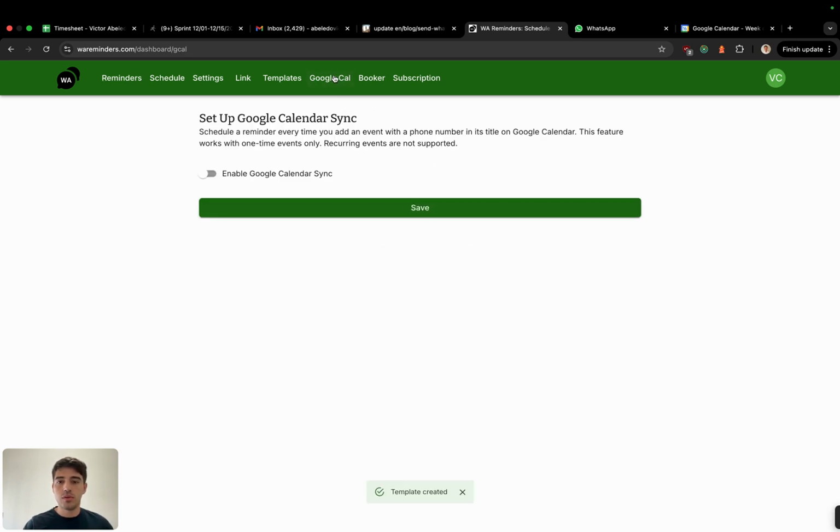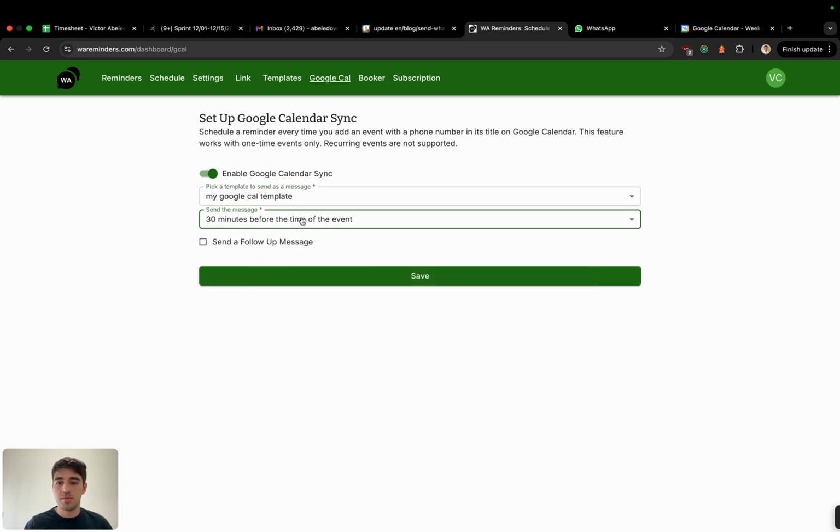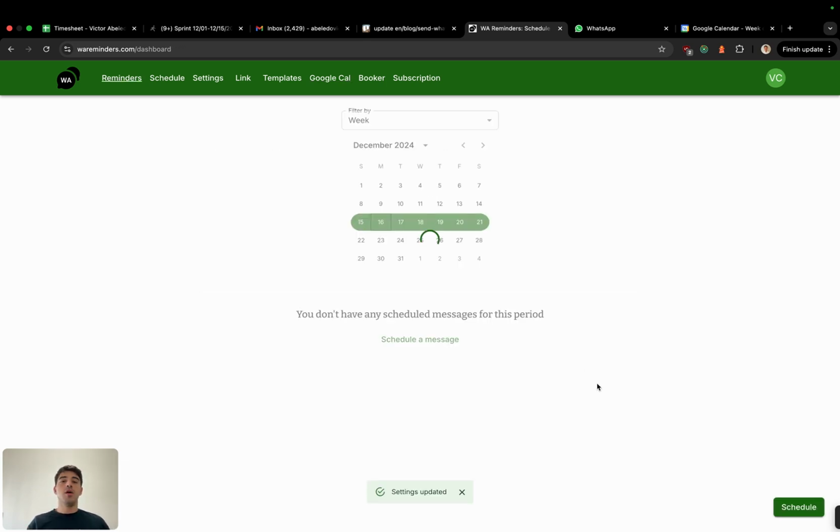Then we go to Google Cal, enable Google Calendar Sync, select the template, select when we want to send this message, so 30 minutes before the time of the event, and then hit save. Okay, so now our Google Calendar automatically syncs